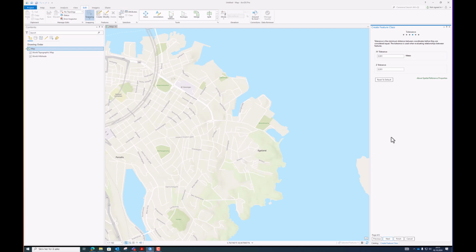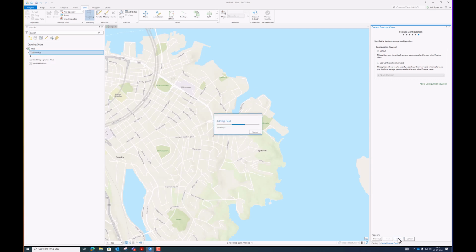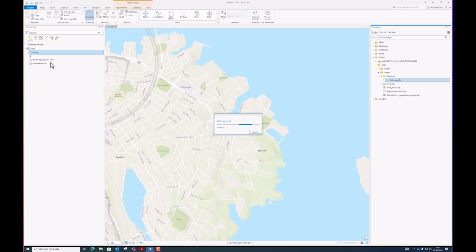This is about the tolerance. This is about the resolution. And this one is about the storage configuration. So I'm just leaving everything as the defaults. And when I click finish, you can see that it is here, my testing feature class, which is associated with